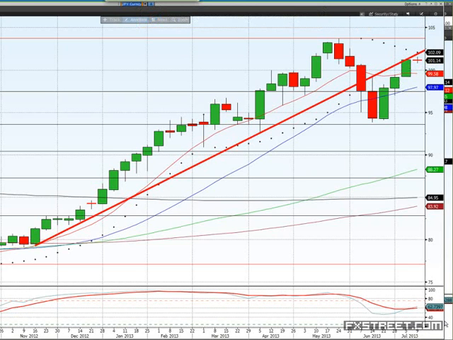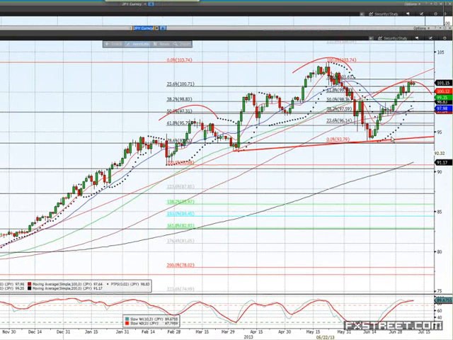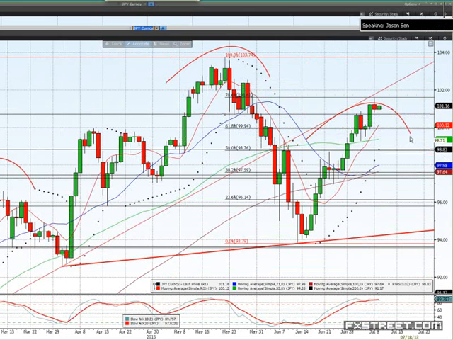On the daily chart, we are getting very overbought, so I'm starting to think that this is as far as we go, really. Yesterday's candles, sorry for all the lines and stuff, I hope that's not too unclear, but there's a reason why I put them in for today's webinar. Yesterday's candle was a little bit negative. We made a new high, but we closed lower, so again another reversal. We didn't manage to beat the previous day's high, which was 101.23.